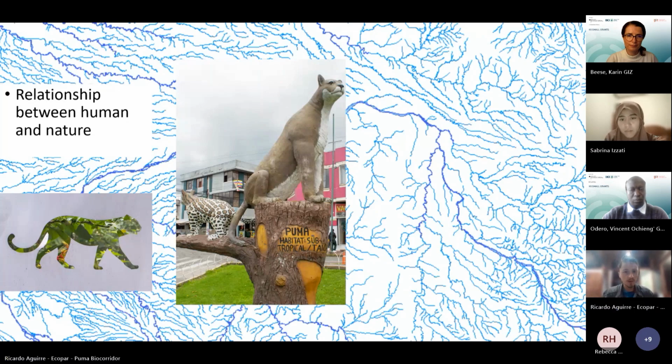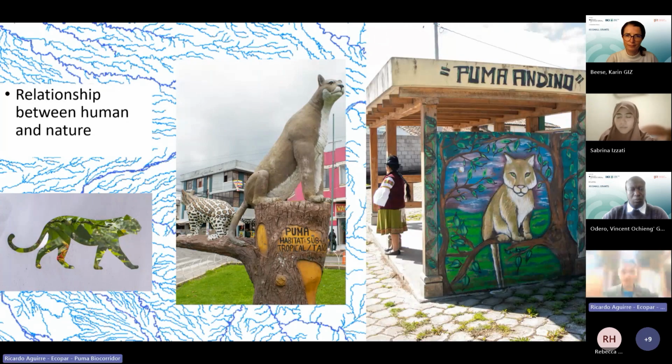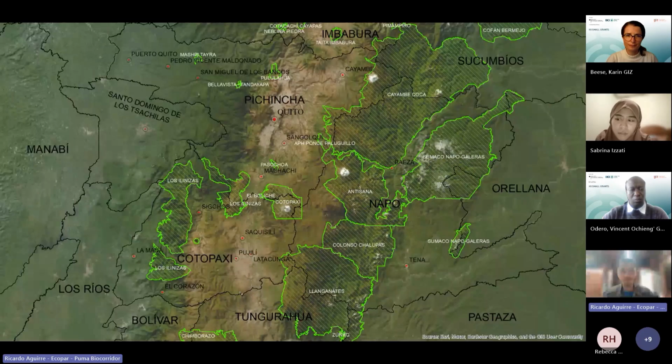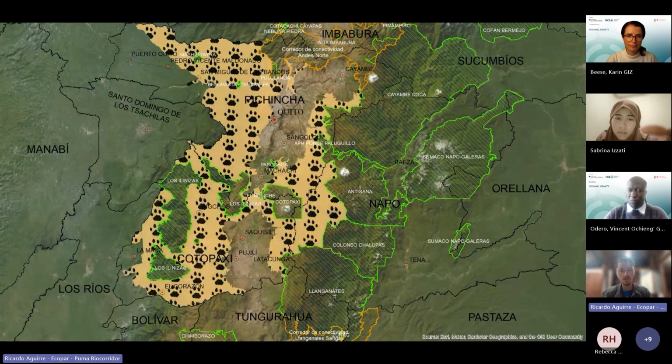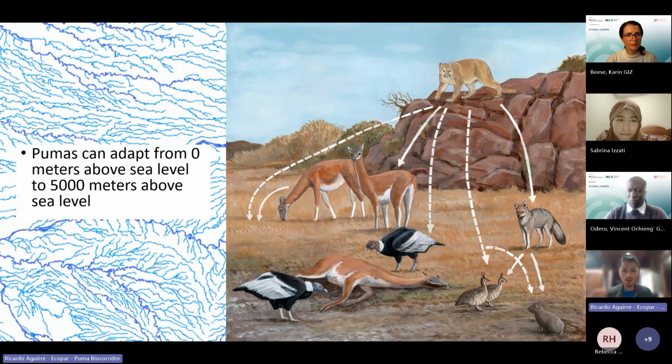All right. This is how it looks right now, the system of national areas in Ecuador. The ones in green and those in orange are some biocorridors, and we want to connect all of these areas through the Puma biocorridor, okay? Pumas are actually at the top of the trophic chain. This means that pumas are able to eat all of the animals here, and it's amazing because they adapt from 0 meters above sea level to 5,000 meters above sea level,